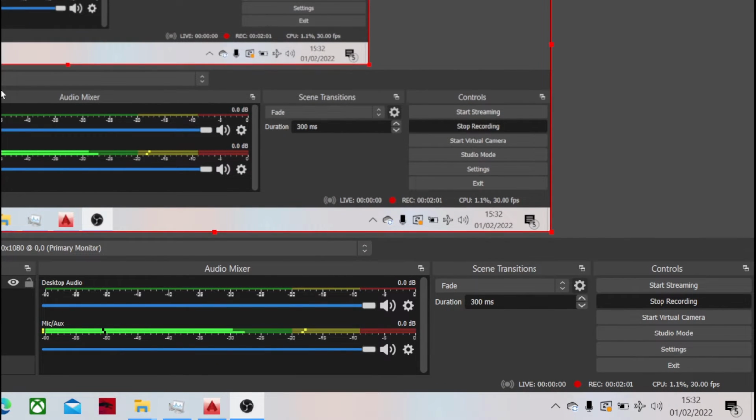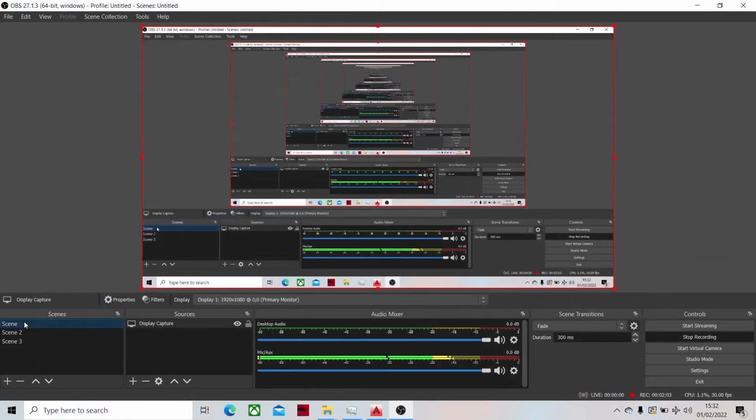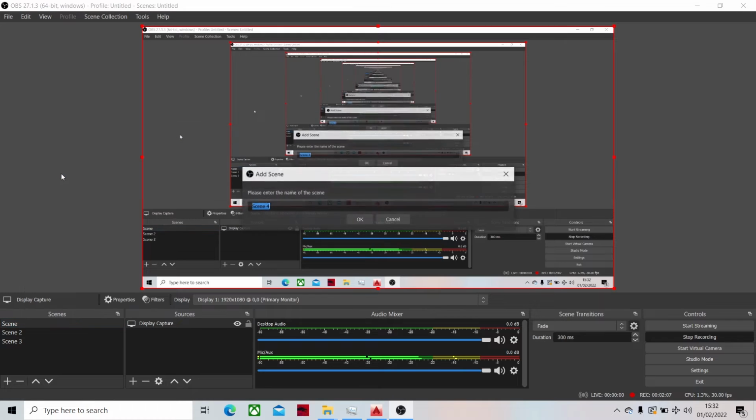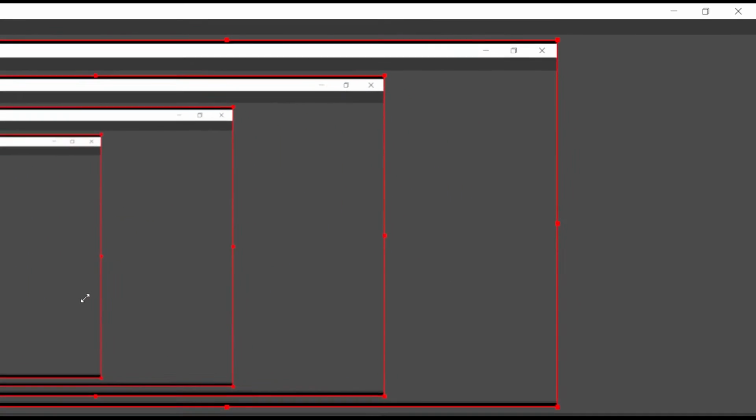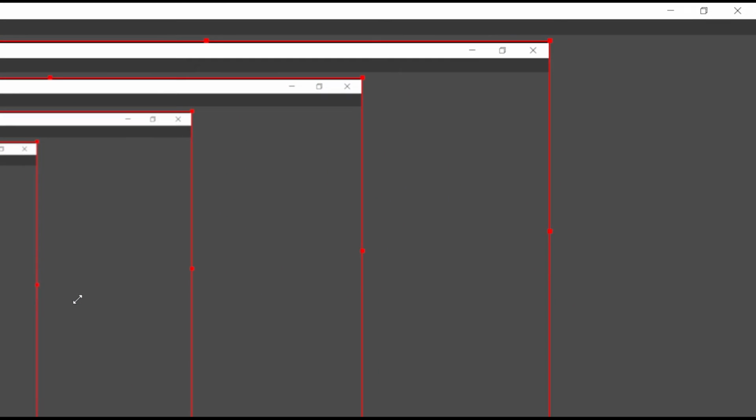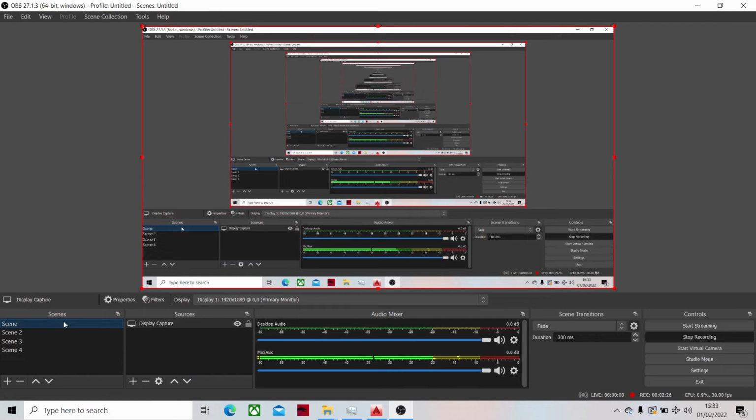Okay, and then back to skin 1, make a duplicate for skin 4. Alt and then right click. Okay, this area. Okay, so we get